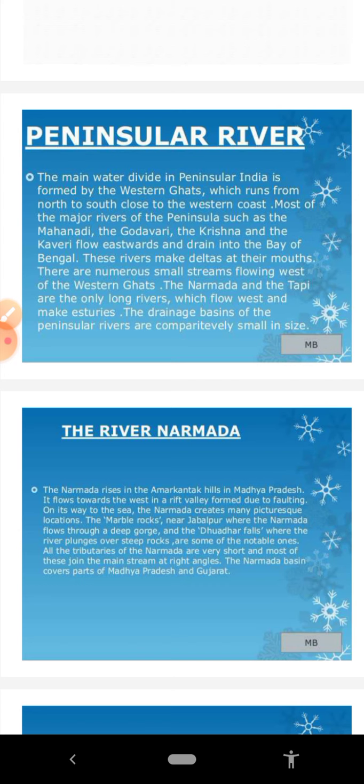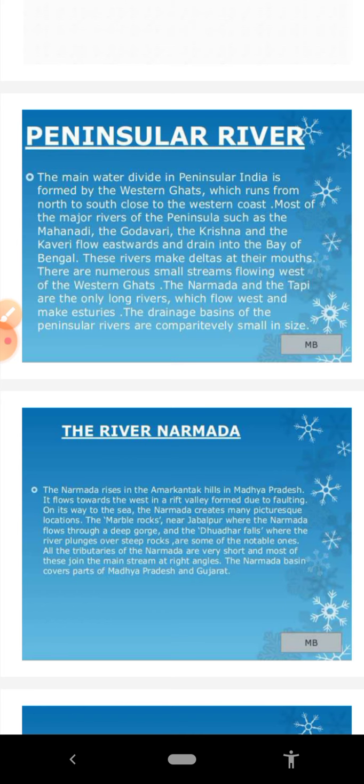And this question is very important: differentiate between estuary and delta. The first point for the estuary: it is a funnel shaped opening at the mouth of the river. With regard to the delta, the first important point: it is a triangular piece of land that develops at the mouth of a river by the deposition of sediments. With regard to the second point,